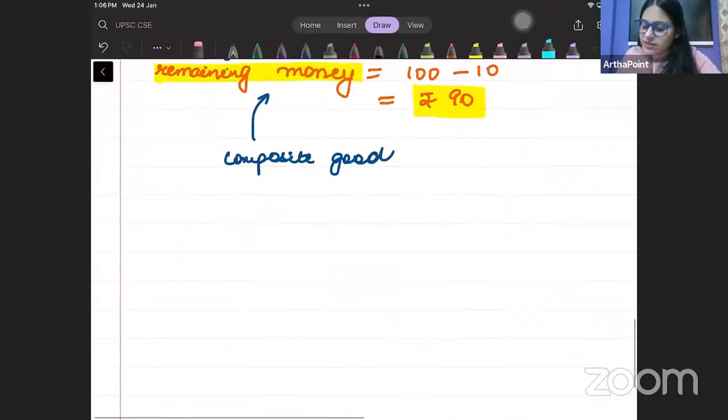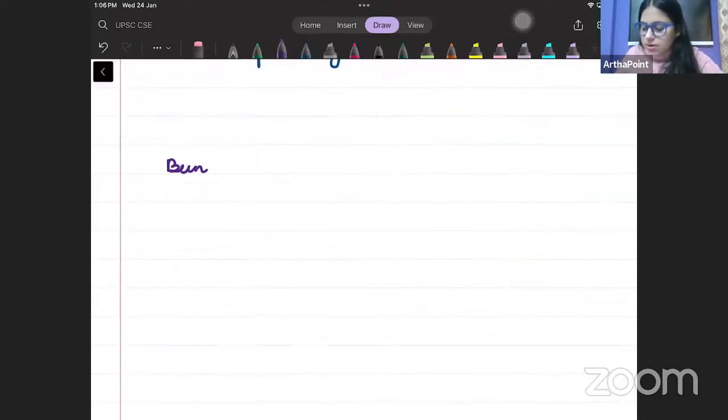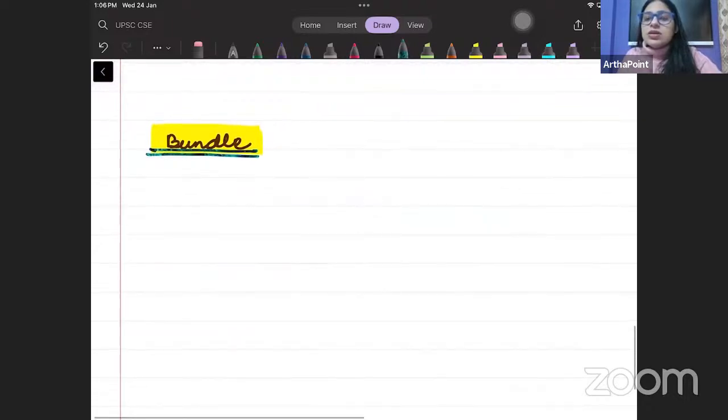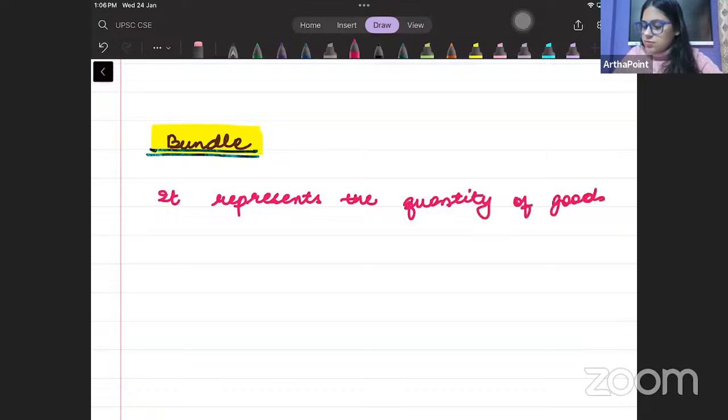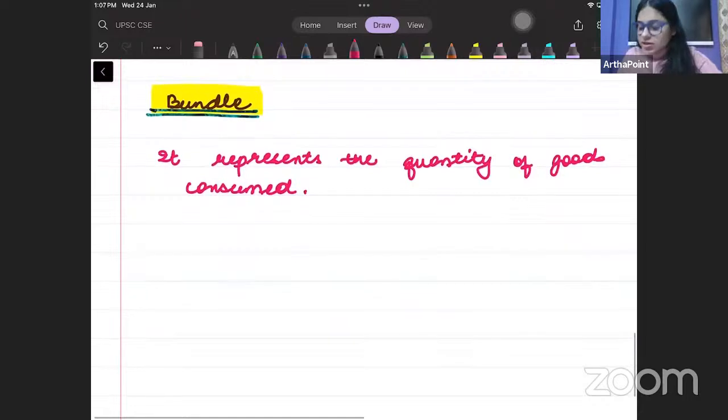The second concept beta that we want to focus on, उसको बोलते हैं what is a bundle. What is a bundle? So a consumption bundle simply means the quantity of the goods you consume. So it represents the quantity of goods consumed. Right, beta? जैसे for example,